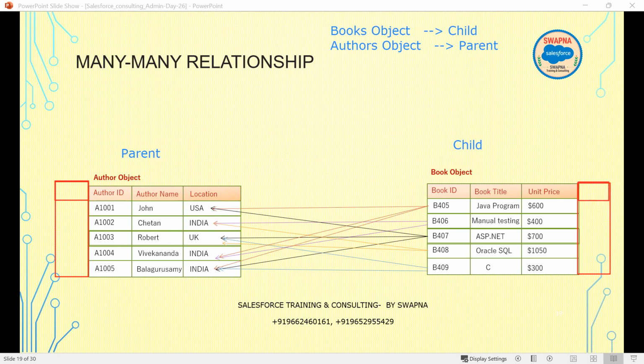Assume that author ID. Now, if I say author ID here,